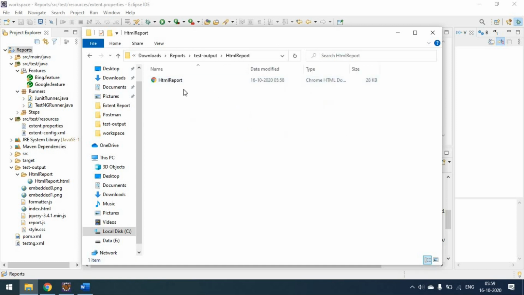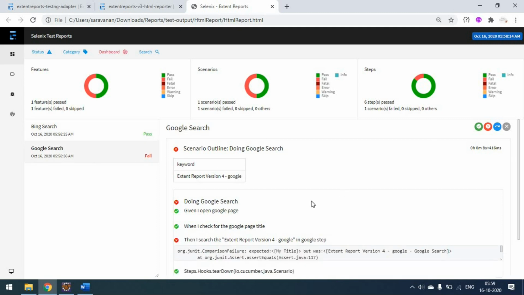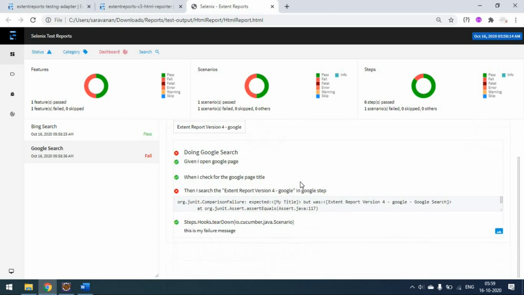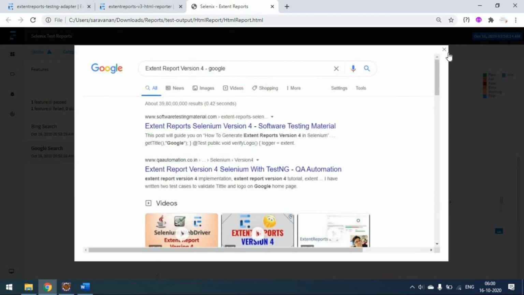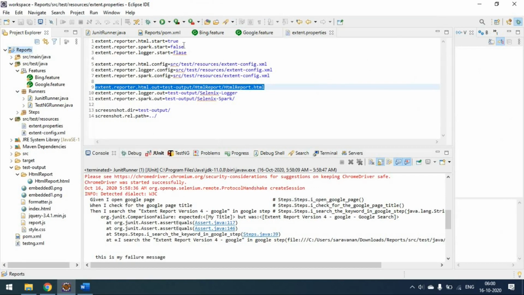So this is the folder. When I open this, you can see this is an external, plain HTML report. This is my first feature file and this is the second feature file. If you see, this one has some failure, and you can see the respective screenshot is attached to it. So this is the way we can generate the HTML report.